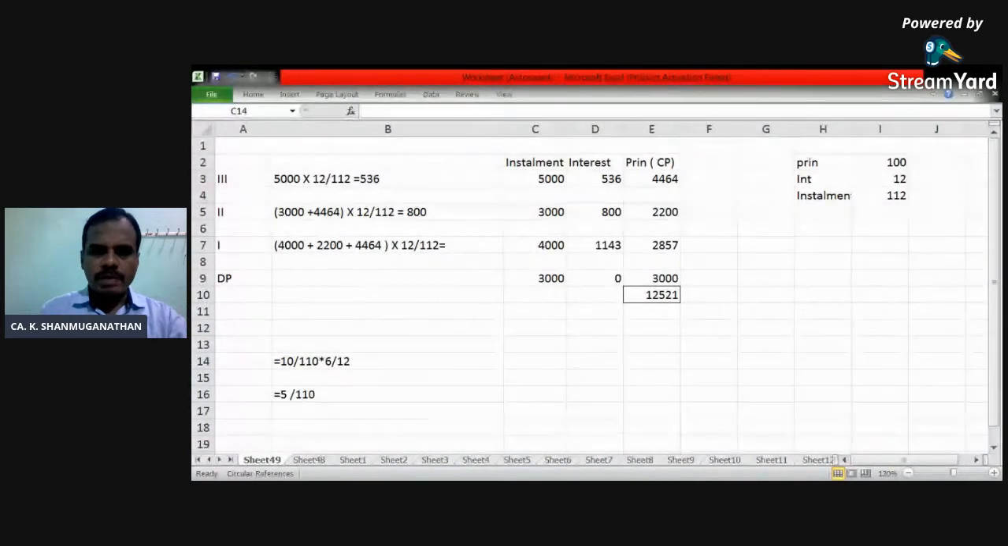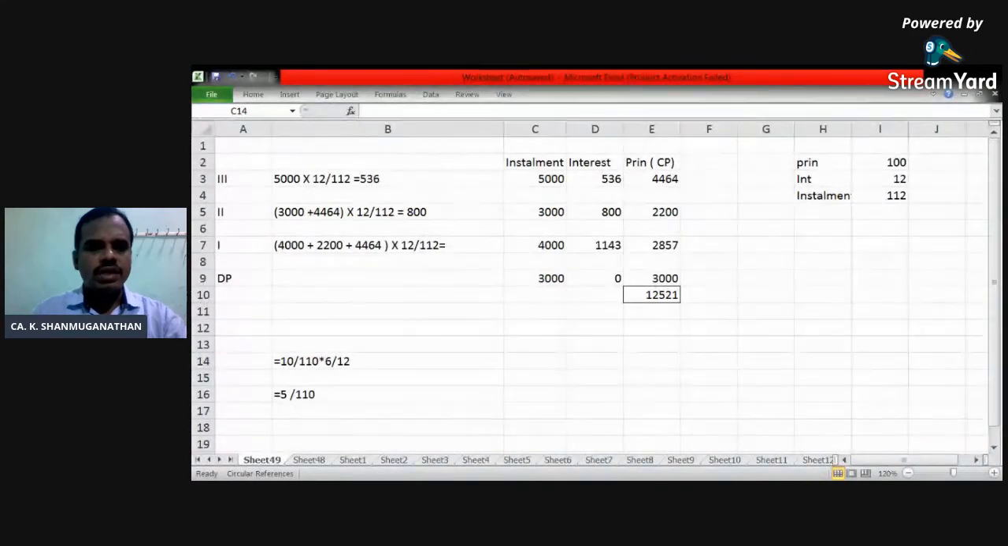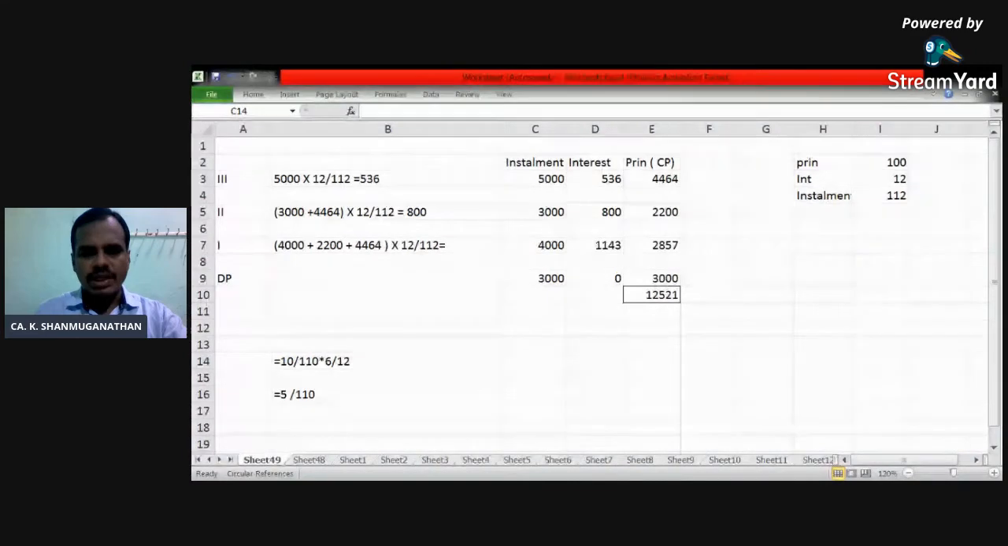So for this purpose, we have to prepare a trading account. If the stock records are maintained by the concerned entity, you can find the closing stock. Go by your stock record, take the number of units, multiply with rate, and you get the value of stock destroyed by fire. If stock records are not maintained,